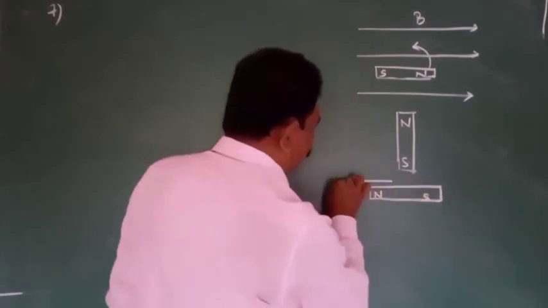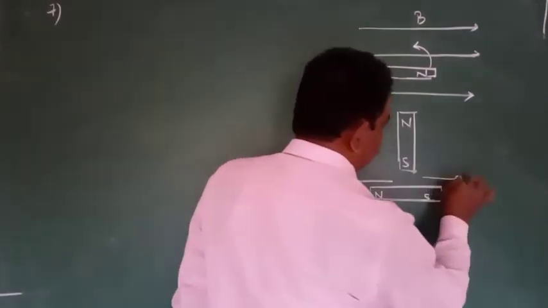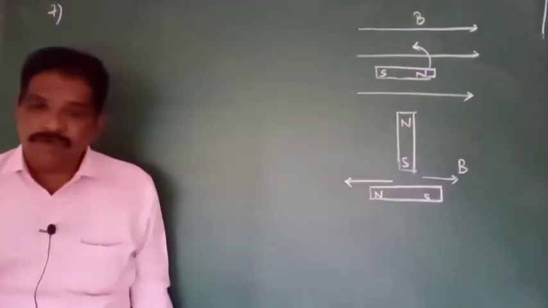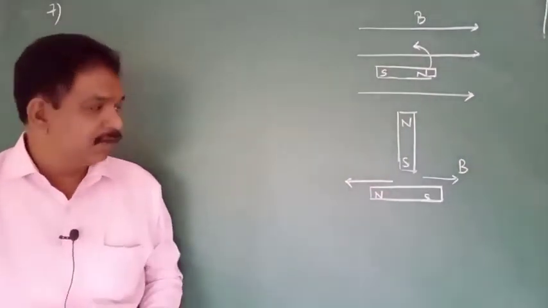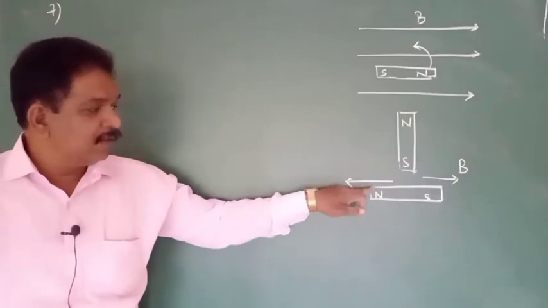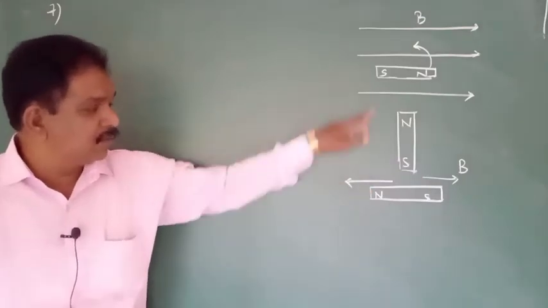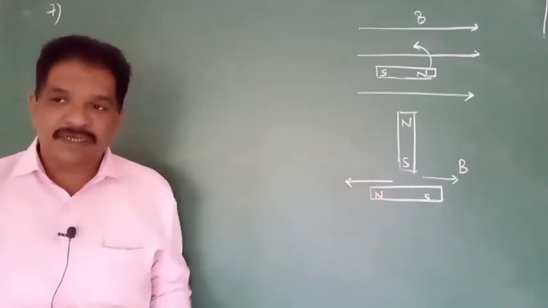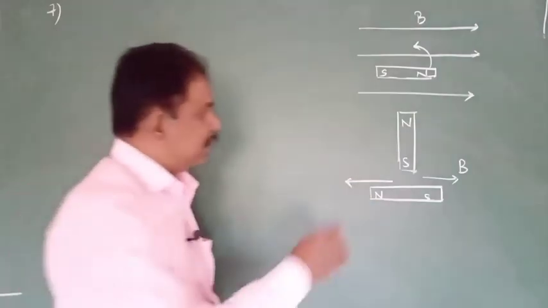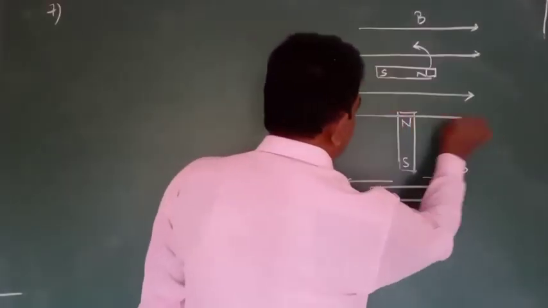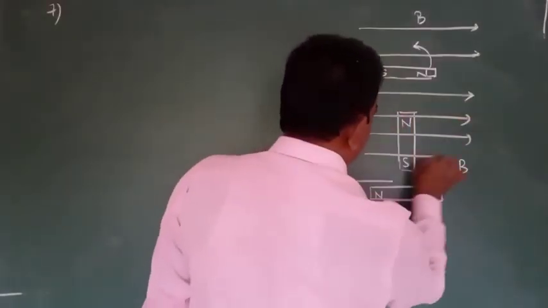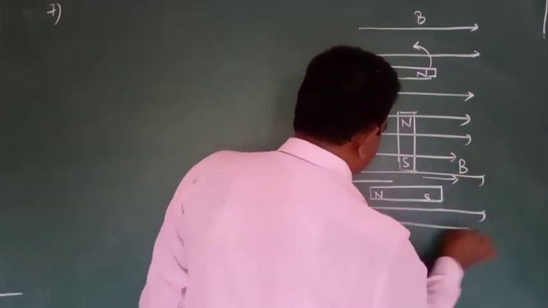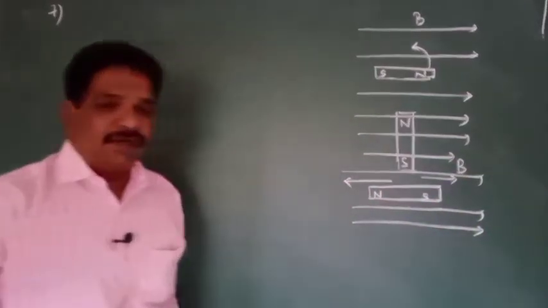The magnetic moment will be in this direction, the magnetic field will be in this direction, both in opposite directions. To rotate from this to this, what is the work done? What is the torque? Like that, questions are there. So this is the initial position. Later they rotated like this, and later like this. What is the work done to rotate?